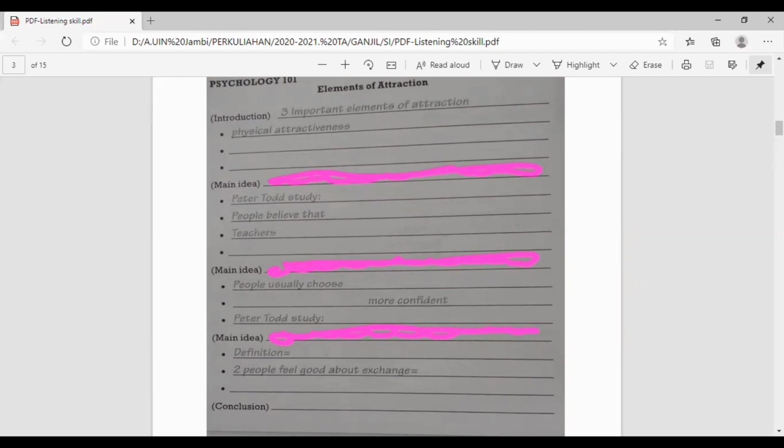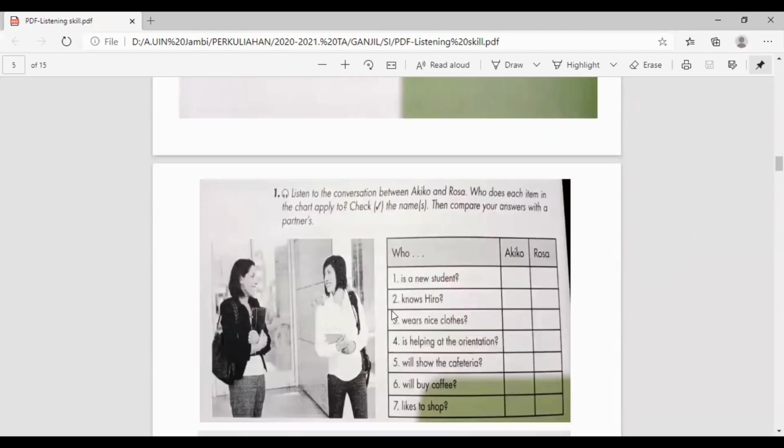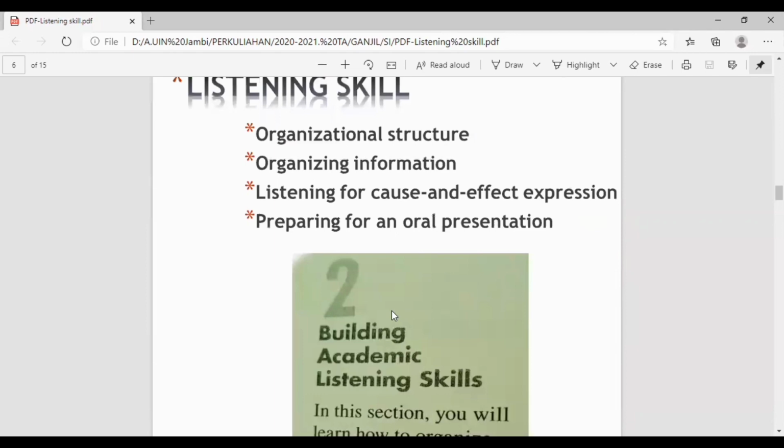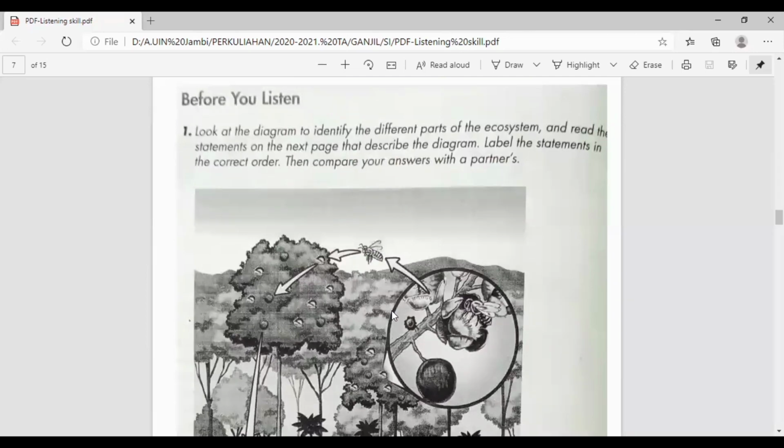Organizational structure is related to a writer or a speaker's purpose. So it really depends on the purpose of the speaker or the author when they write the text or paragraph. For example, someone may use a compare or contrast structure to tell how things are the same or different. Recognizing organizational structures will make reading and listening faster and easier.